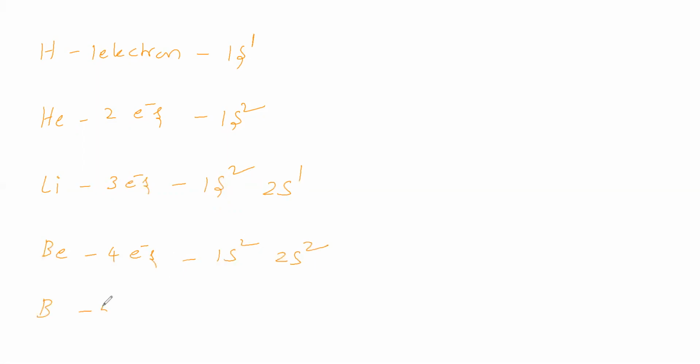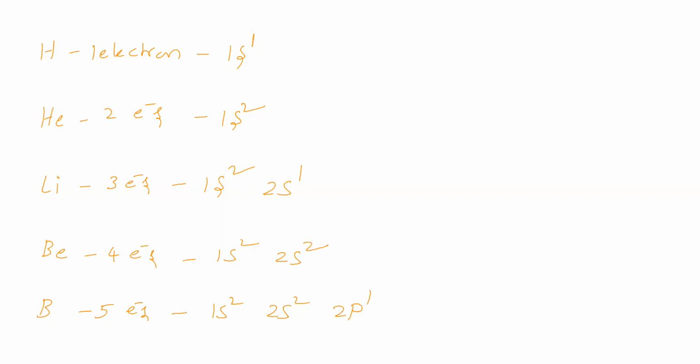Next boron, atomic number 5. 5 electrons are there. So first 2 electrons go to 1s. Next 2 electrons go to 2s. Now 2s has 1 orbital. The 2s orbital can take a maximum of 2 electrons. Okay. So 1 remaining electron is there. That remaining electron goes to the next higher energy orbital, that is 2p. So 2p1. So the boron electronic configuration is 1s2, 2s2, 2p1 we said.